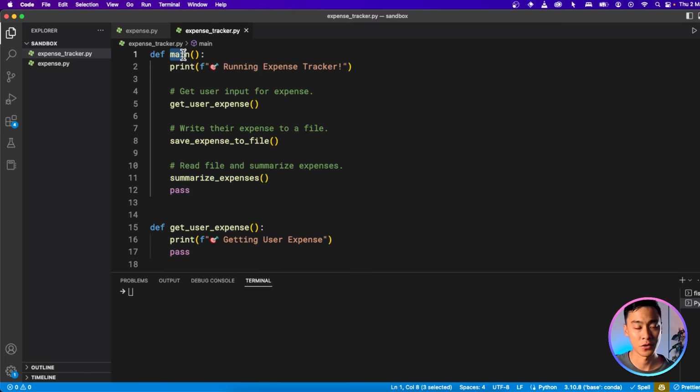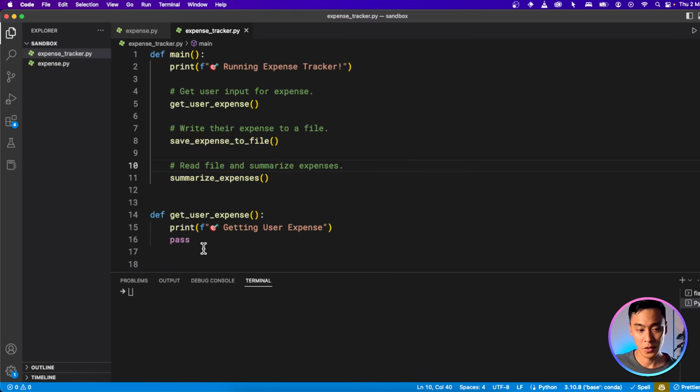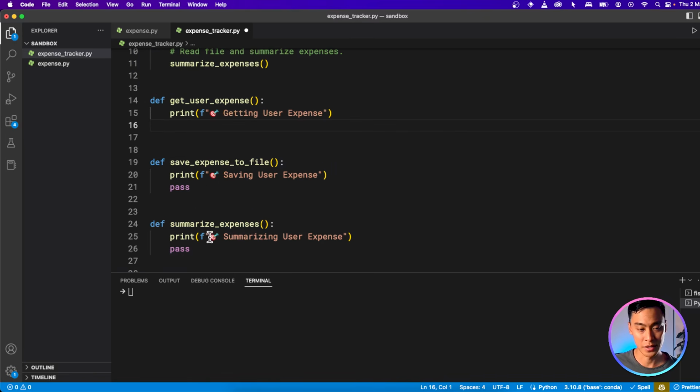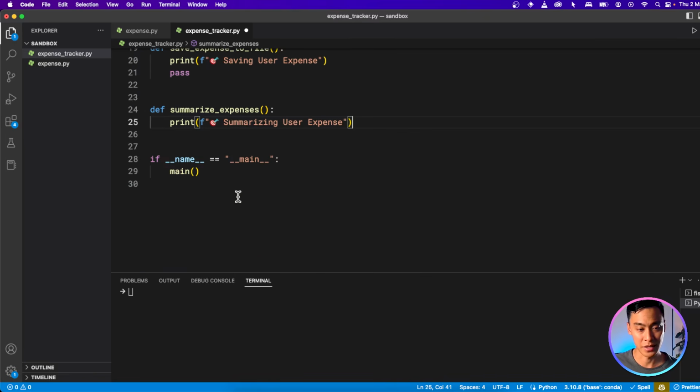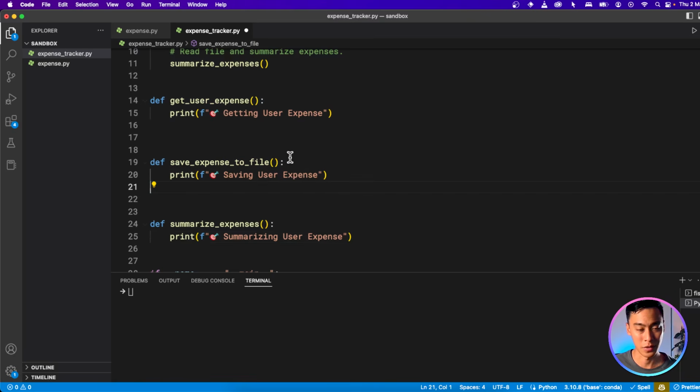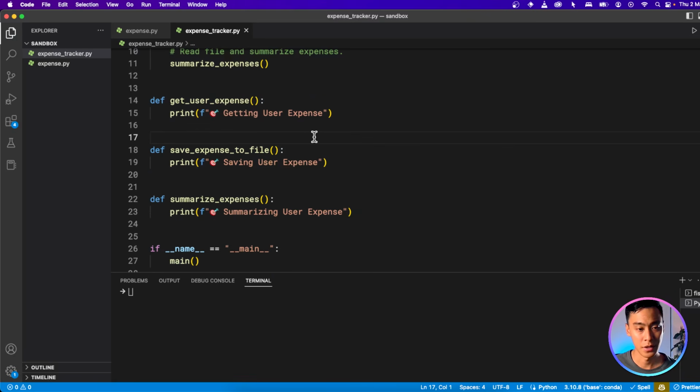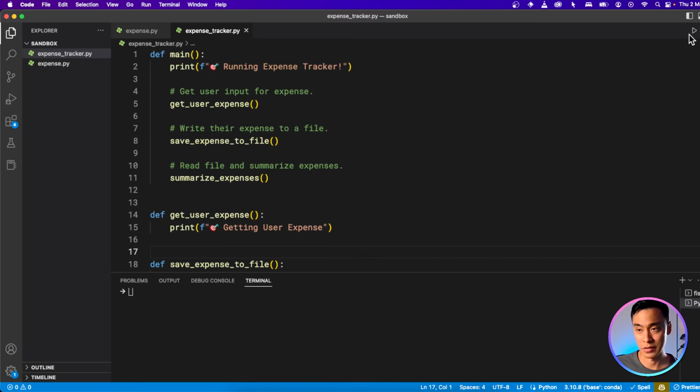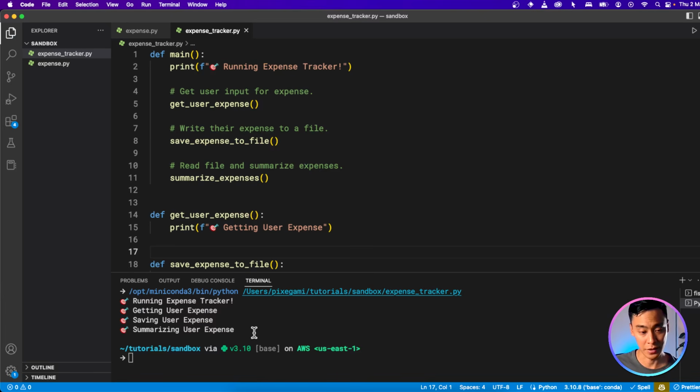And when this main function is run, it's going to run each of these sub-functions one by one in this order, and that pretty much summarizes our expense tracking app. So I don't need these pass statements anymore since I actually have print statements inside these functions. And now let's go ahead and run this just to make sure that we haven't broken anything.